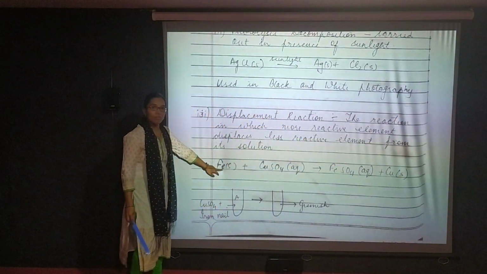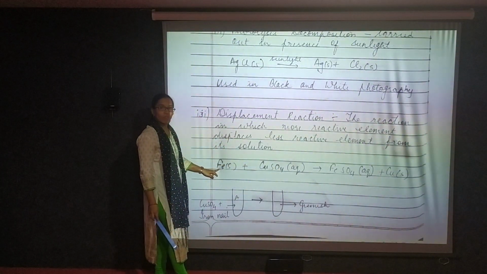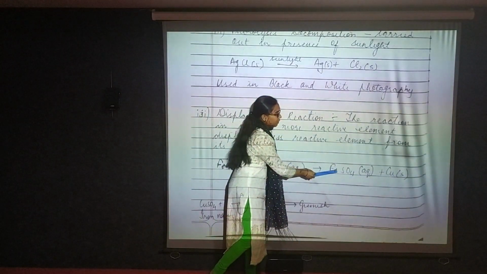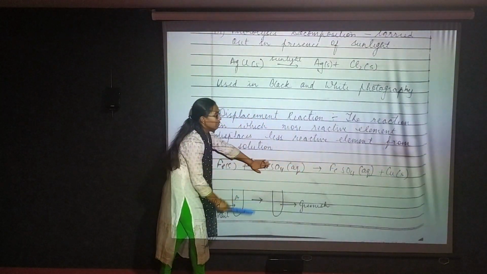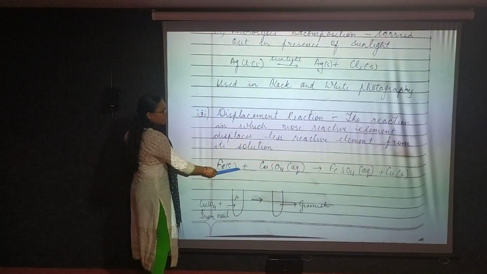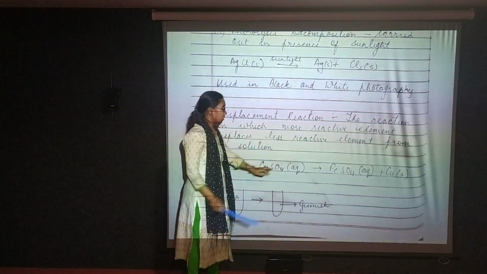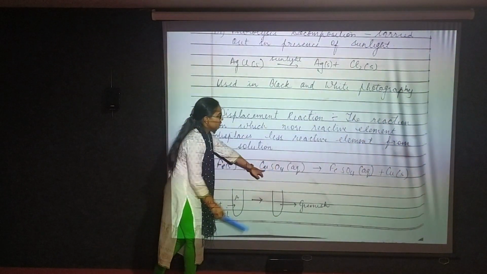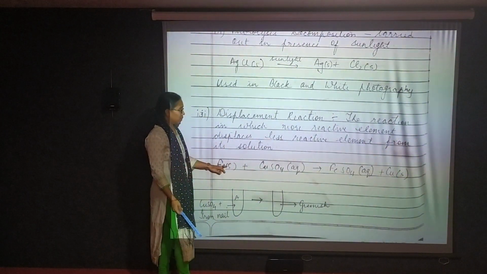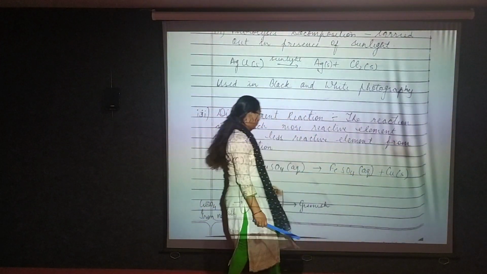You can see here that first Fe was alone and it was CuSO4. Now Fe is a more reactive metal, so it has taken the place of Cu. So now in the product side we will get FeSO4, and Cu will be separated alone. So Fe, which is in the solid form, when it combines with CuSO4, will replace the copper in copper sulfate, because Fe is more reactive than copper. So it will react with SO4, and we will get FeSO4 and Cu.